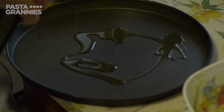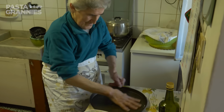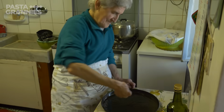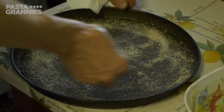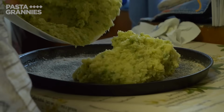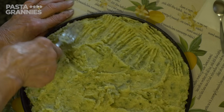These wide, shallow pie tins are typical of Liguria. Cicci greases the tin with olive oil using her fingertips. She sprinkles over some breadcrumbs. She spreads out the potato mixture evenly, then uses a fork to create little ridges, which will turn crunchy with